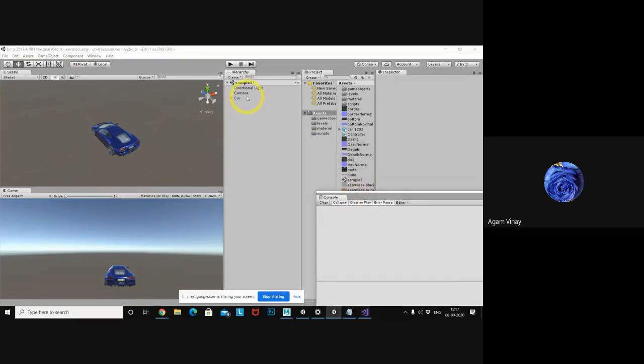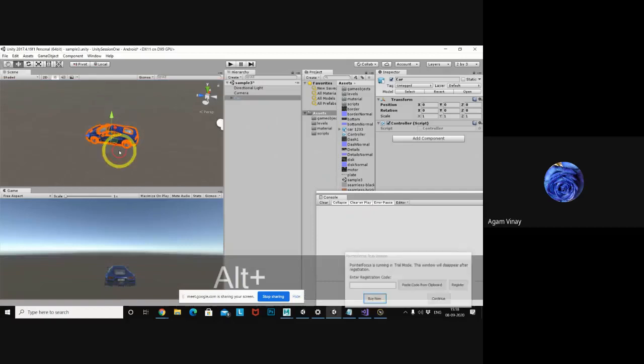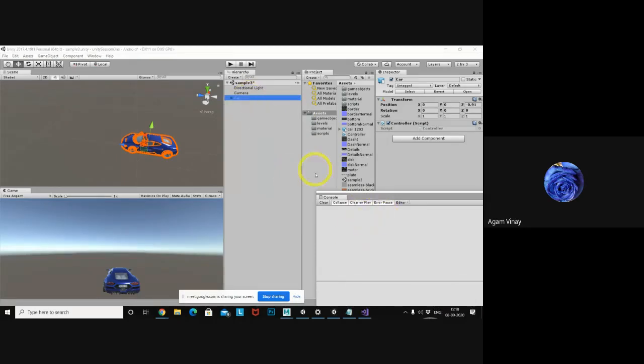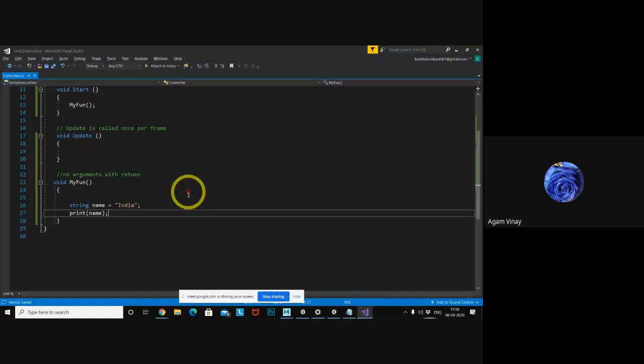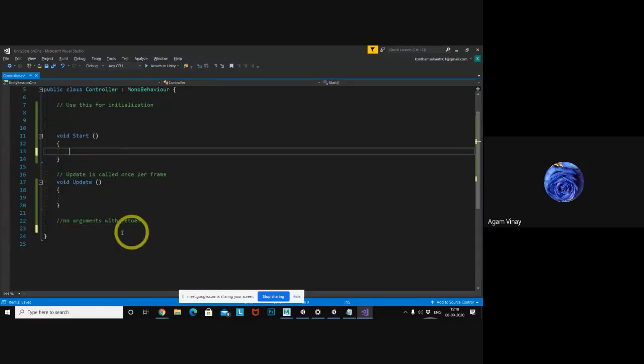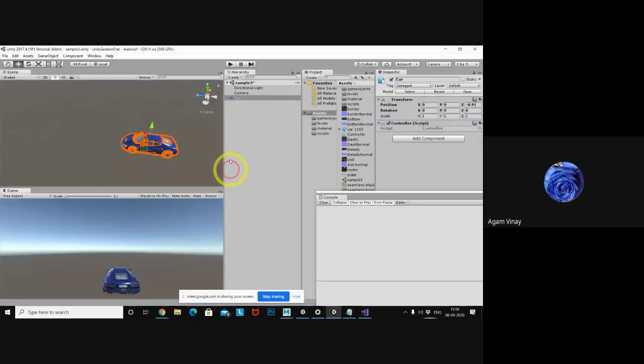Okay, with a small thing I want to go. So I want to move a car with my input. Whenever I click, I want to move a car. Whenever I second click, the car has to stop. Okay, that's my requirement so far. So how do I write? Whenever I first click, the car has to move. Whenever the second click happens, the car has to stop. Okay, how is it possible?